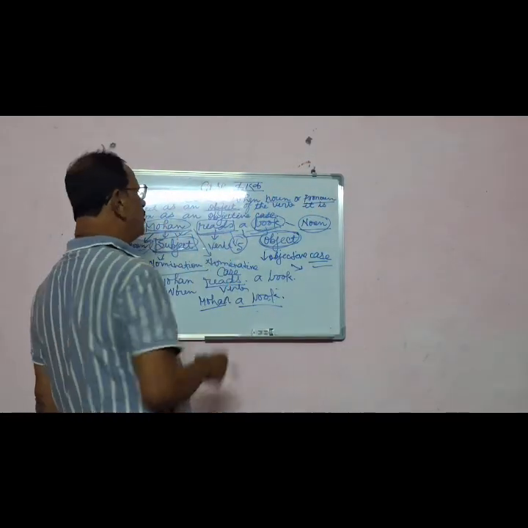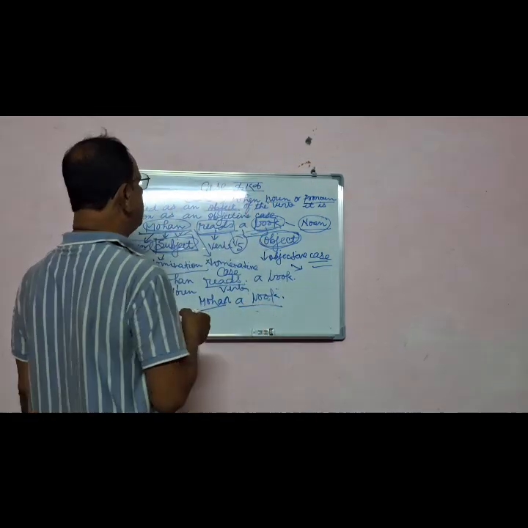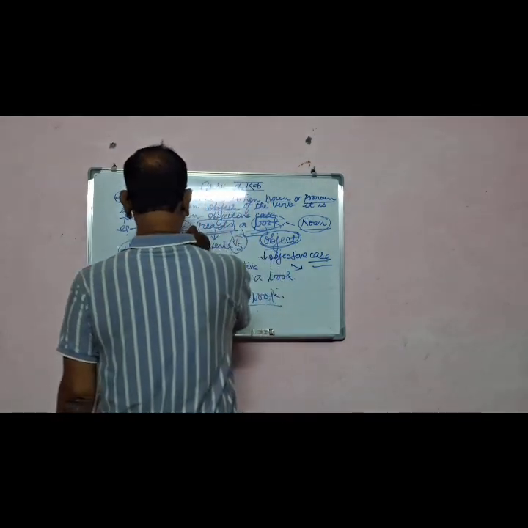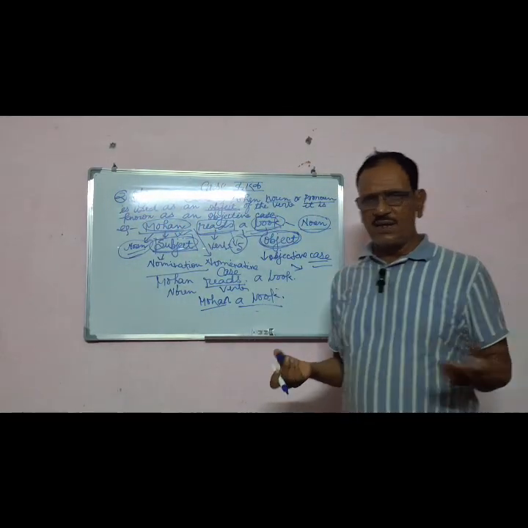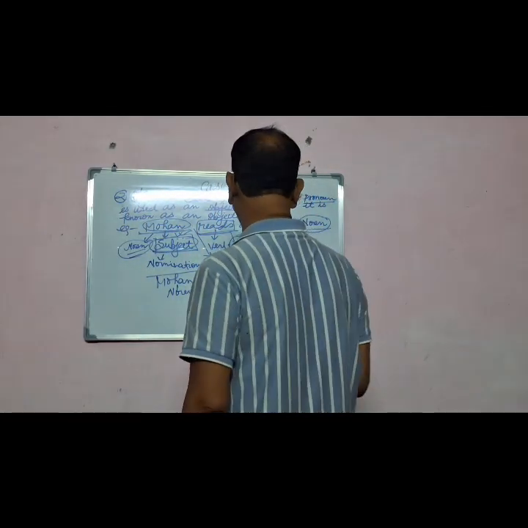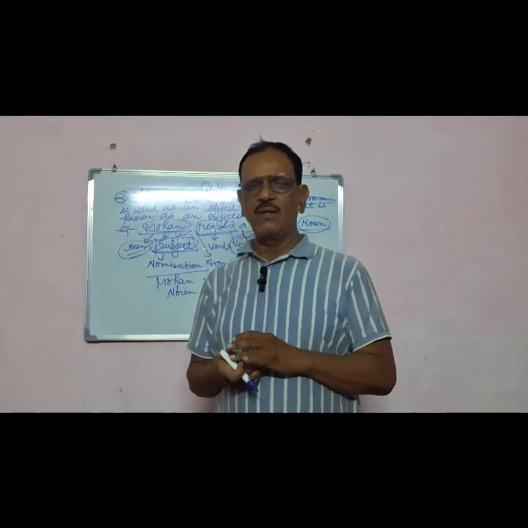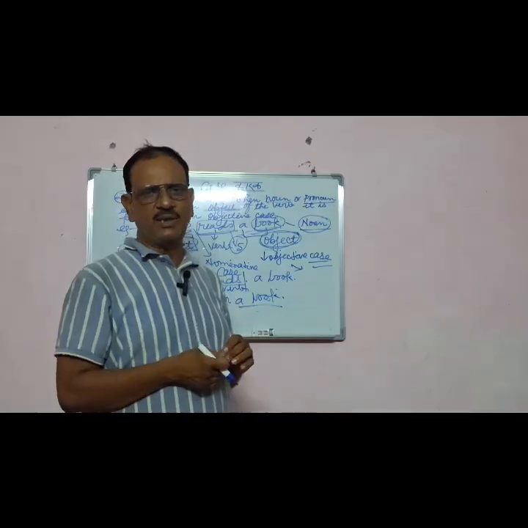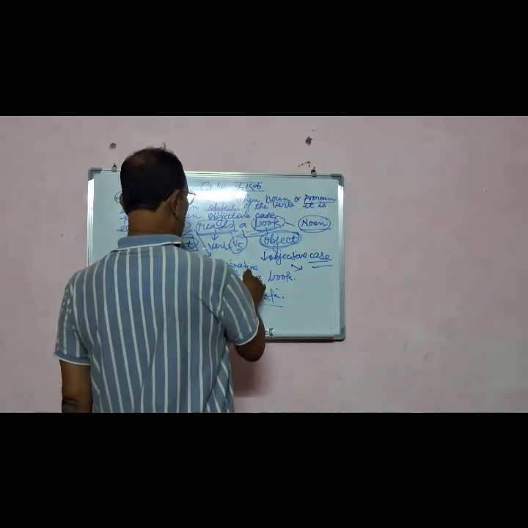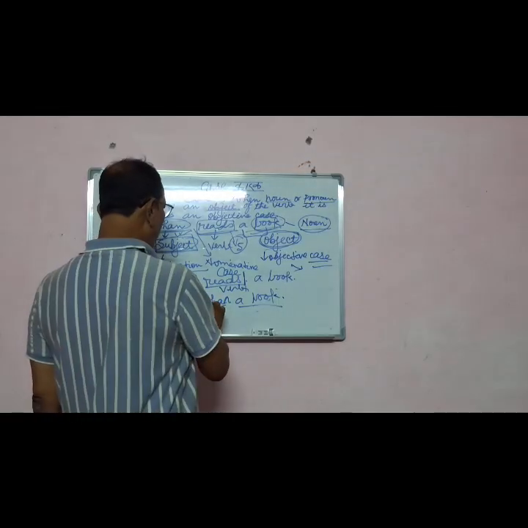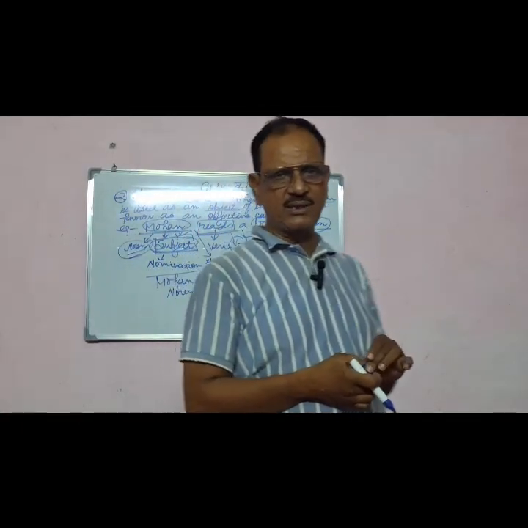So, in this particular sentence only, we can see what happens. Mohan reads a book. In this sentence, subject, verb and object, three things are here. This is a sentence. In another sentence, what I wrote, Mohan reads, that is also a sentence because subject and verb are there. And since subject and verb are there, you know very well that it has also become a sentence. But if I wrote only Mohan or a book, it means it is not a sentence because